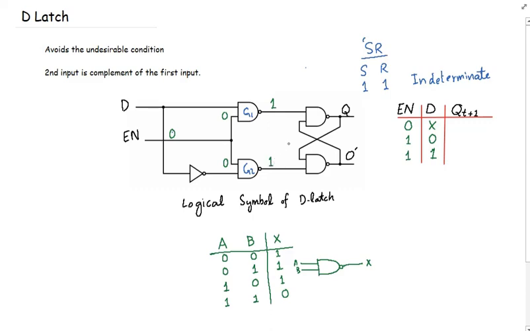Okay, so at this state we know that this circuit is now basically S-R- latch. So with this case, the output of Q and Q dash will not change. Sorry, it is written as O, so we can label it as Q dash. So the output of both Q and Q dash will remain same. This condition is called no change condition.